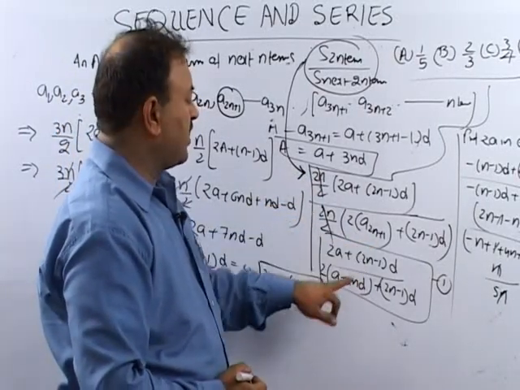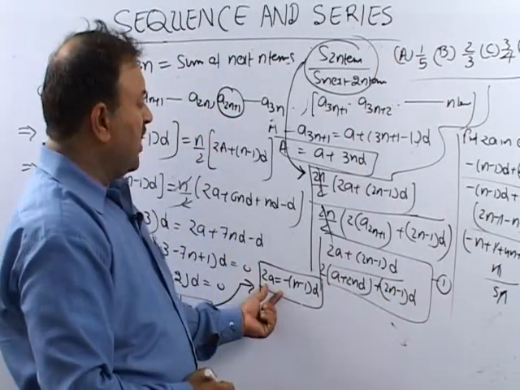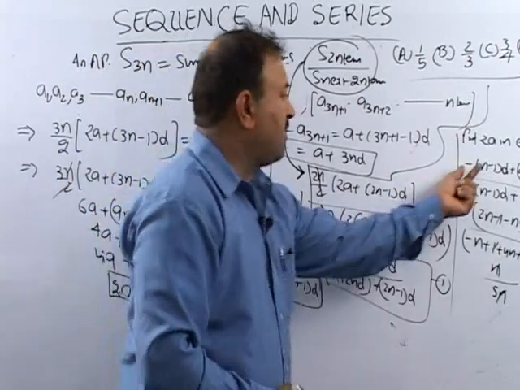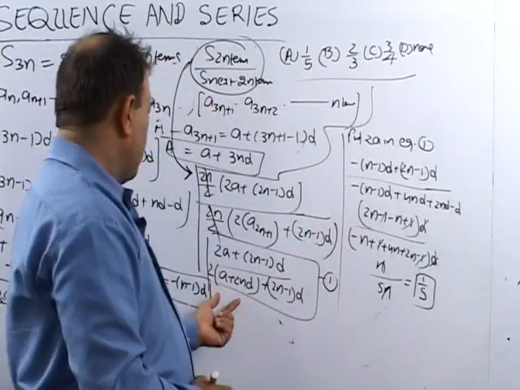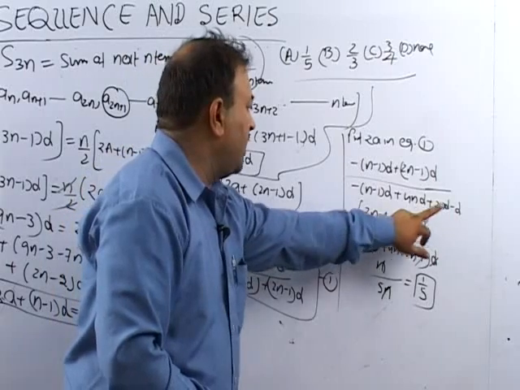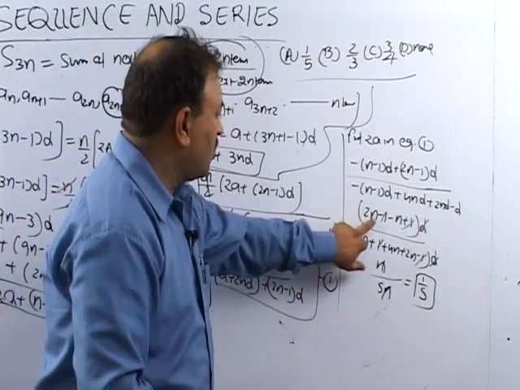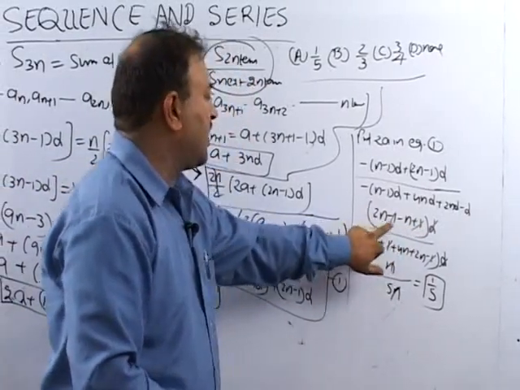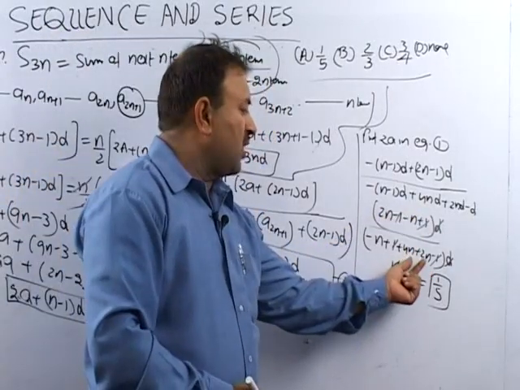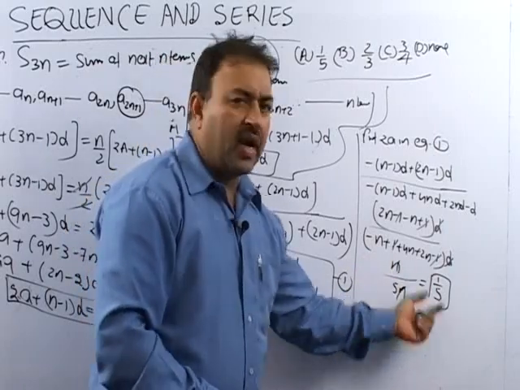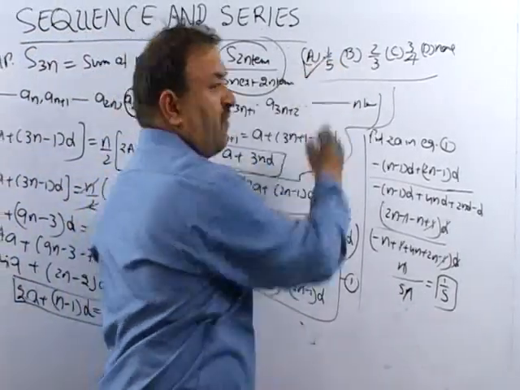Now here I have written the value of the 2n plus 1 term: it is a plus 2nd, multiplied by 2, 2n minus 1 d. The value of 2a that we took out, we substitute over here: minus of n minus 1 d plus 2n minus 1 d comes out to be minus n minus 1 d. Over here also it is plus 4nd plus 2nd minus d. I put its value here. Now we got 2n minus n plus 1, 1 will be cancelled out, we are left with n. And on the d side, adding up the terms, we got 6n minus n, which is 5n. So the right option we got is 1 by 5. So the right option is 1 by 5.